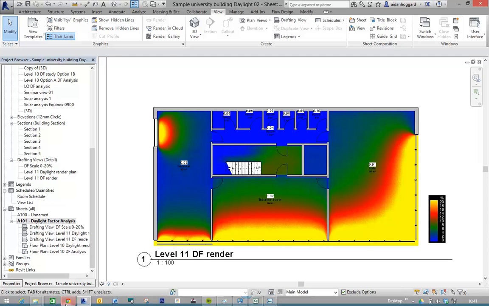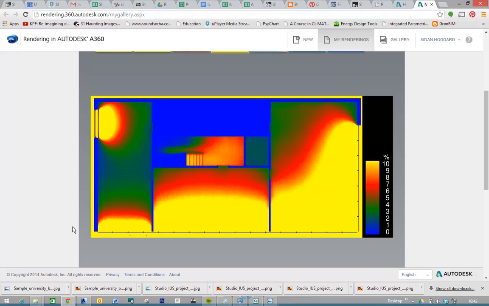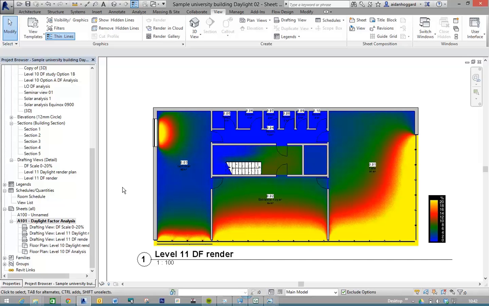But I think it's important just to realize that the information is here. Okay? Everything else we're doing is just a graphic device to make it easier to read. But certainly for speed, this is perfectly acceptable. And this is obviously one floor of the building. You could then repeat the process for the other floors, and you have a whole building simulation. Okay, what we're going to do is go back into Revit, and